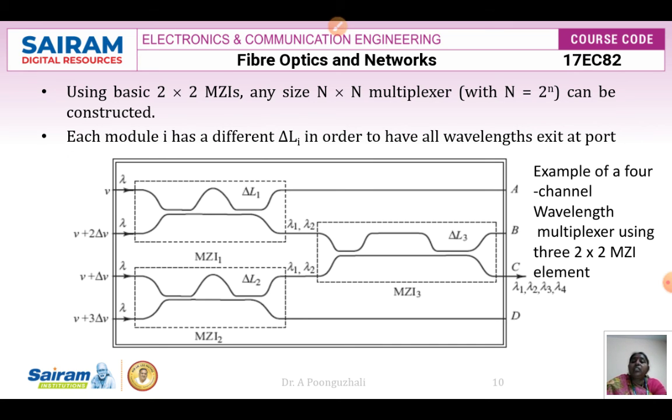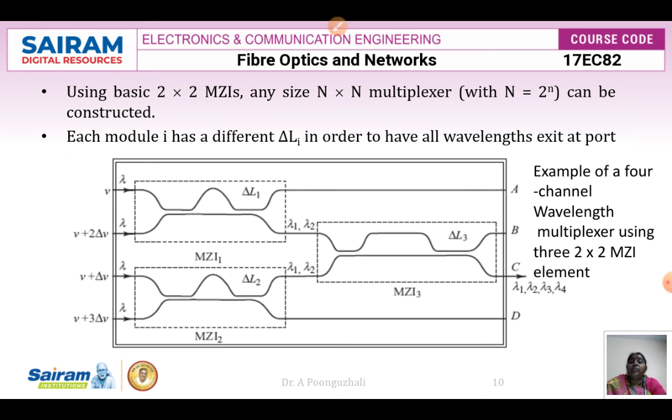So here we have these 2 wavelengths which are given as input for the first Mach-Zehnder interferometer, and it is going to have the spacing. The first 3 dB coupler is going to separate the 2 signals, and these 2 signals are going to be separated by a path difference of del L1, and it is going to have a phase shift there. And similarly at the receiver side, I am going to have 2 outputs, that is, these 2 signals are going to be combined in this 3 dB coupler, and one output is going to have a destructive output and the other one is going to have a constructive output. So constructive output means these 2 wavelengths will be combined, so we will be having an output of lambda 1 and lambda 2.